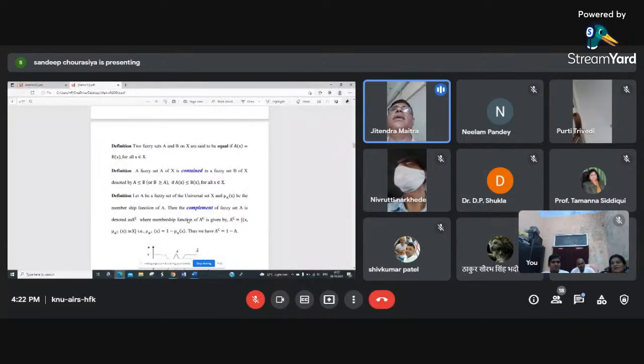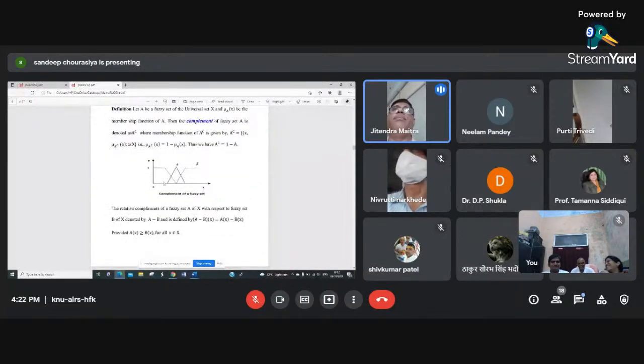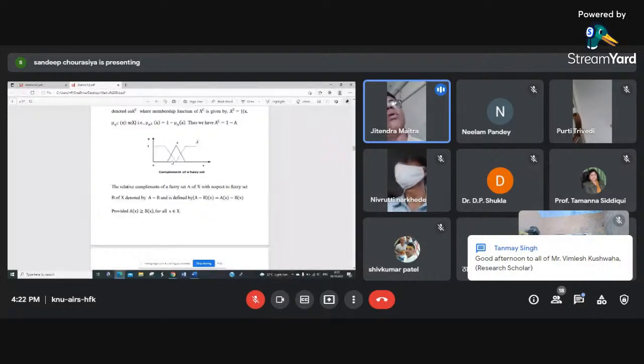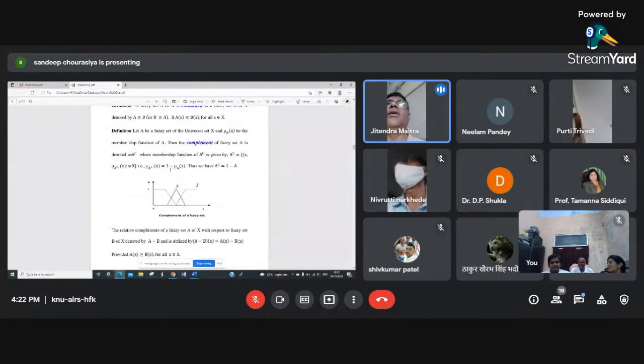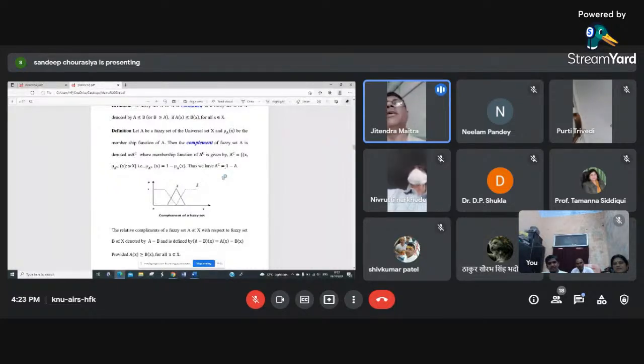जैसे मान लीजिए कि हमने सेट कैपिटल X में मान लीजिए we have taken 3 elements X1, X2, X3 और मान लीजिए मैंने फजी सेट कंसीडर किया which will map the element X1 to say 0.1, एलिमेंट x2 को मैप किया 0.2 पे, एलिमेंट x3 को मैप किया 0.3 पे. तो इस फजी सेट का कॉम्प्लीमेंट किस तरीके से डिफाइन होगा? इस फजी सेट का कॉम्प्लीमेंट मान लीजिए a टू द पावर c. तो a टू द पावर c इज डिफाइंड टू बी सिंपली x1 पे मेंबरशिप वैल्यू 1 माइनस 0.1, दैट इज 0.9. x1 पे आपकी मेंबरशिप वैल्यू हो गई 0.9, x2 पे मेंबरशिप वैल्यू हो जाएगी 0.8 एंड x3 पे मेंबरशिप वैल्यू हो जाएगी 0.7. तो दिस इज द कॉम्प्लीमेंट ऑफ ए फजी सेट.